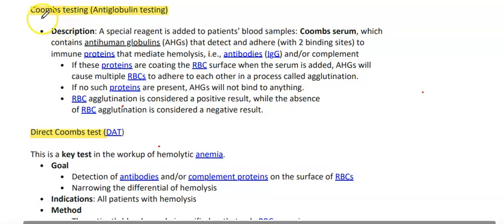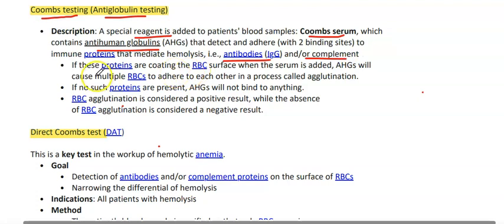Now what is Coombs testing? Coombs tests are anti-globulin testing. In this, a special reagent is added to the patient blood sample, which is Coombs serum, which contains anti-human globulin that detects and adheres with two binding sites to the immune proteins that mediate hemolysis, for example antibodies and/or